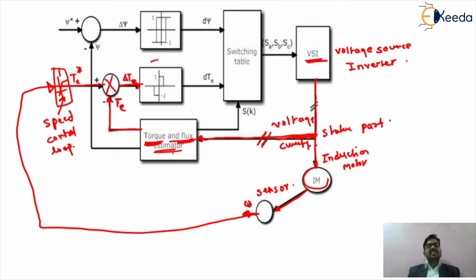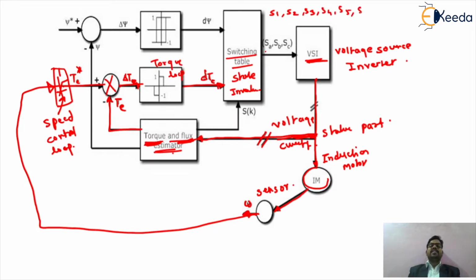So basically, in the torque controller loop, we are generating the value that is called the direct success component, or we call it the rate of change of that particular torque, that is dTe. So according to that, the value of dTe is now given to the switching table of your inverter, or we call it the state of the inverter. Okay, so in the state of the inverter, we are just getting the different states of your inverter circuit. So the states may be called the state numbers S1, S2, S3, S4,